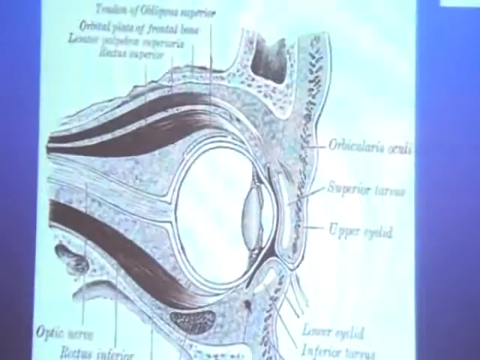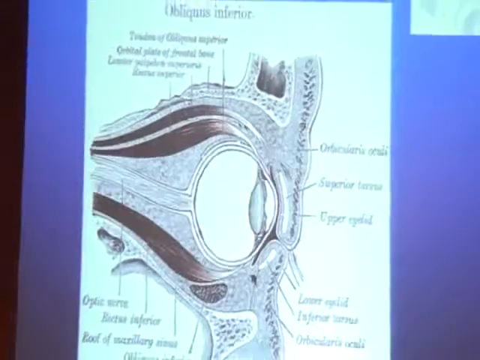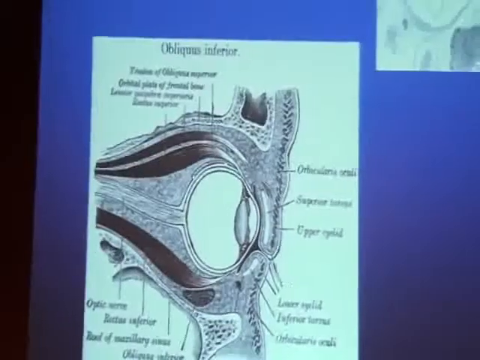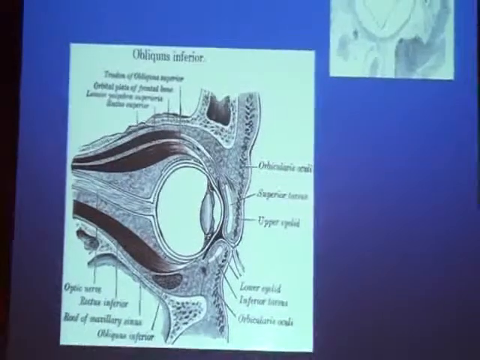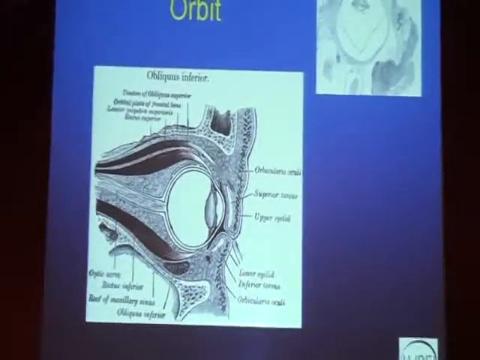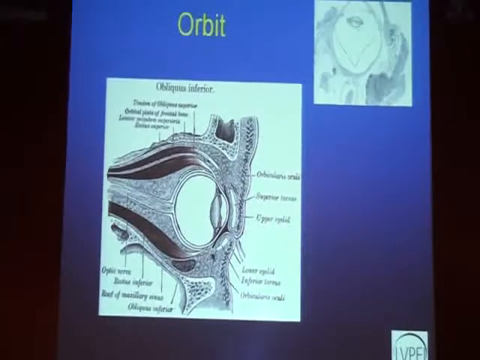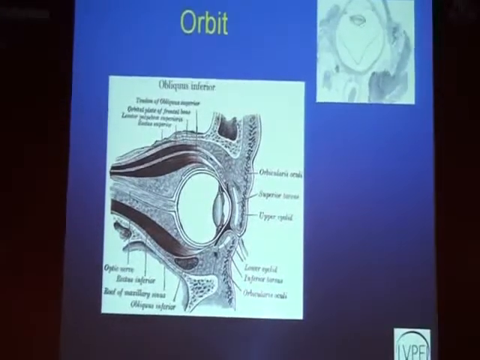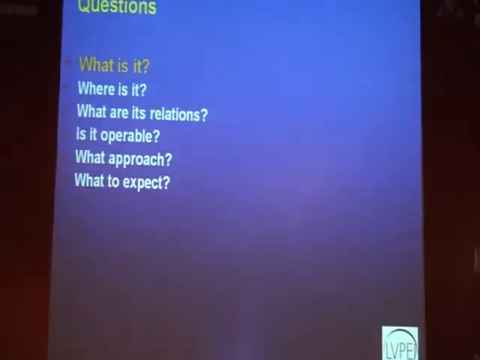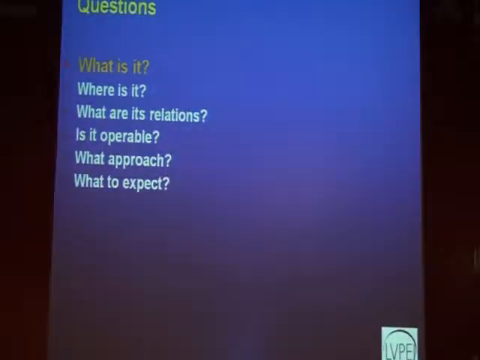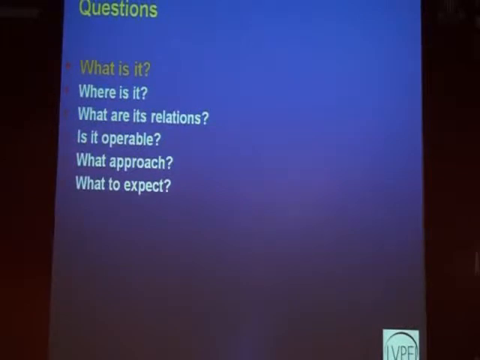So this is the orbit, and as Dr. Usha Singh mentioned, it is a jewel box. So definitely this orbit has a volume of only 30 ml, and it can harbor a wide variety of orbital lesions, which could be neoplastic, non-neoplastic, inflammatory, and it is just within a volume of 30 ml. Everything which can occur from head to toe can also occur in the orbit. So the first question which comes into the mind of an oncologist or an ophthalmologist when a patient walks in with an orbital lesion is, what is it?